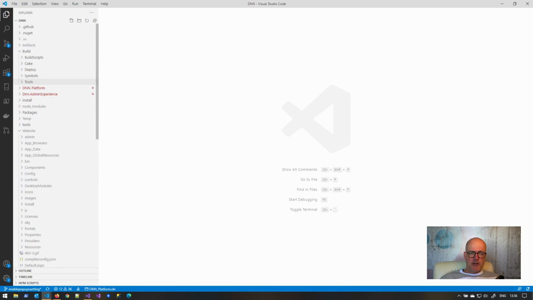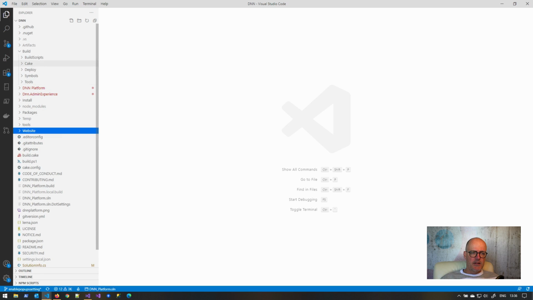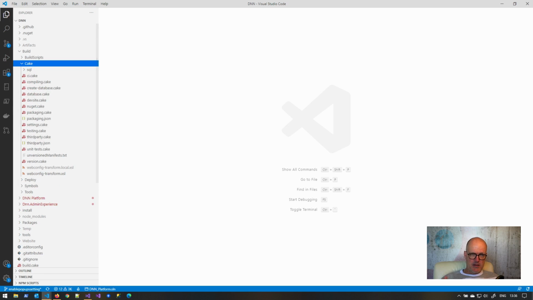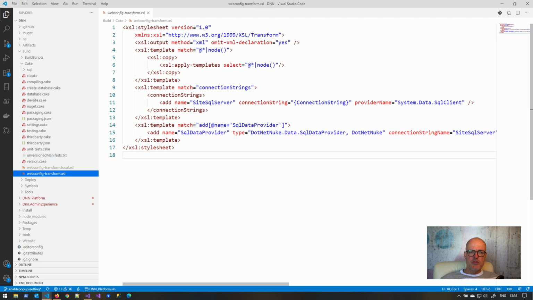What you might be unaware of, and what I didn't touch on in the earlier videos, is that in the script that resets the dev site, this XSL file is used to generate the web.config file, which is of course just an XML file. If you're familiar with XSL and XML, you will recognize this as XSL, and in this default file, the one that's distributed with DNN,